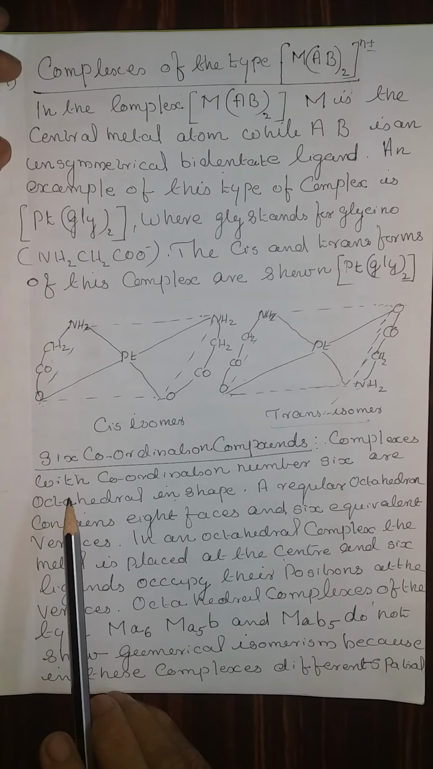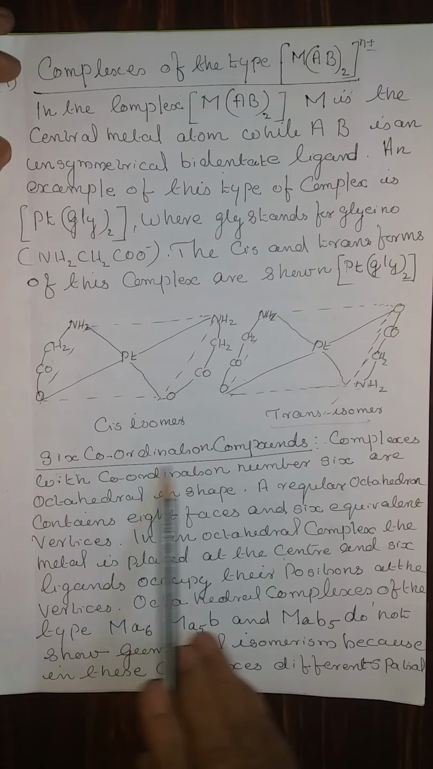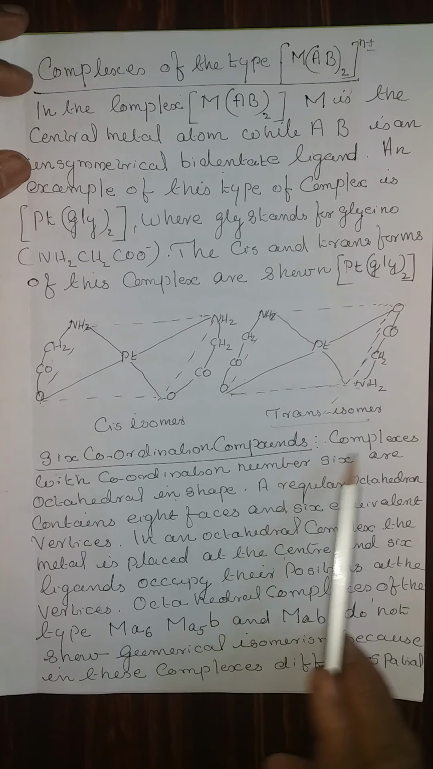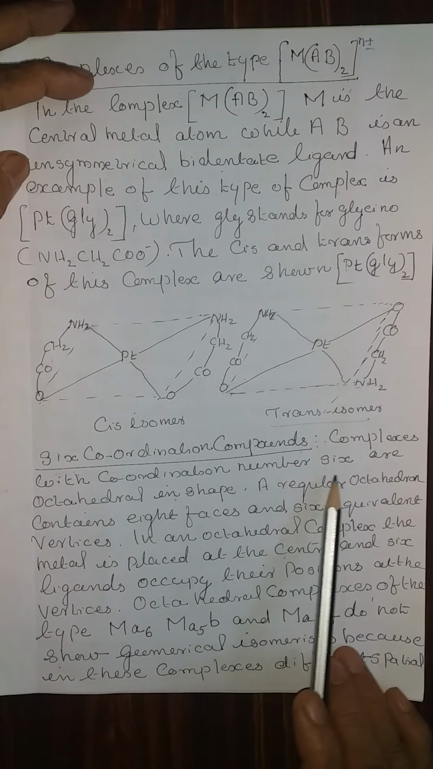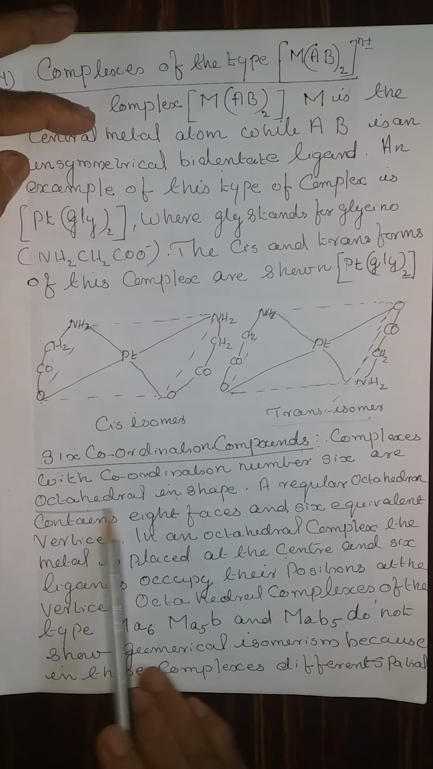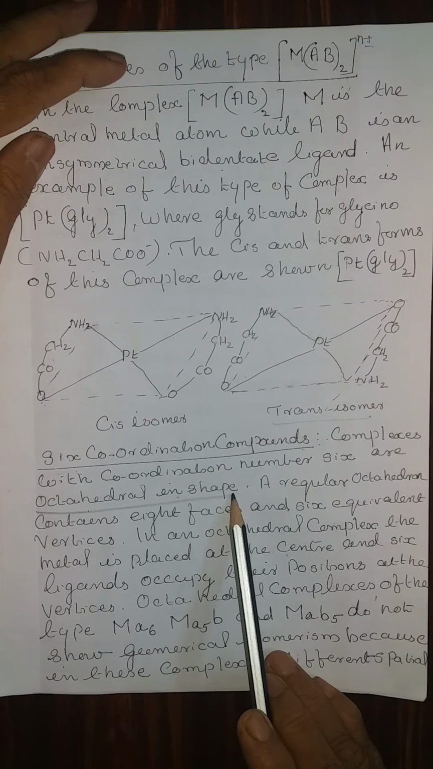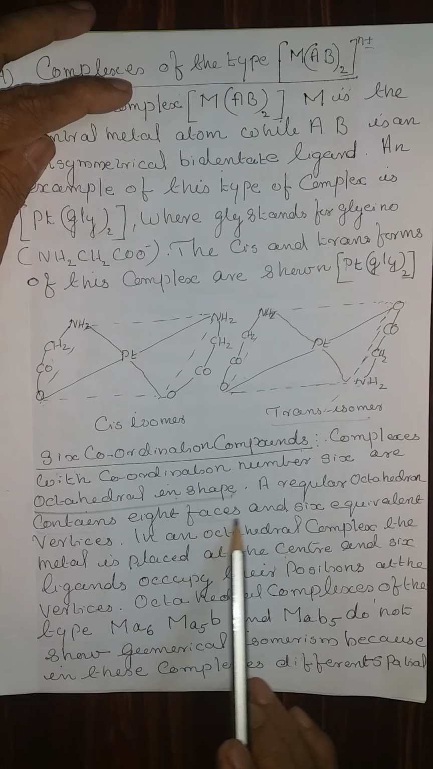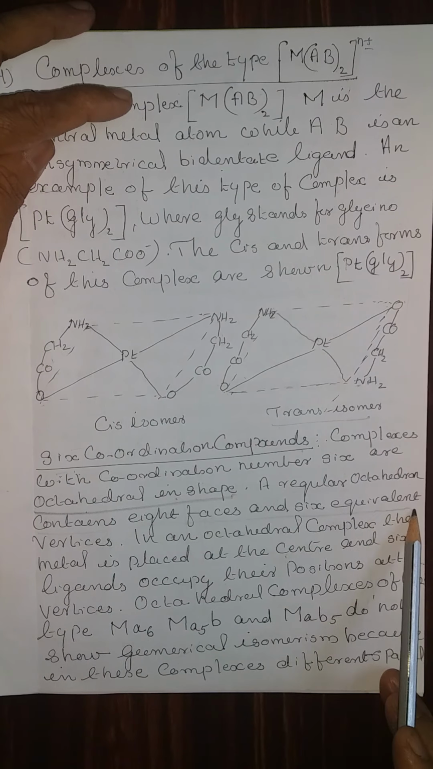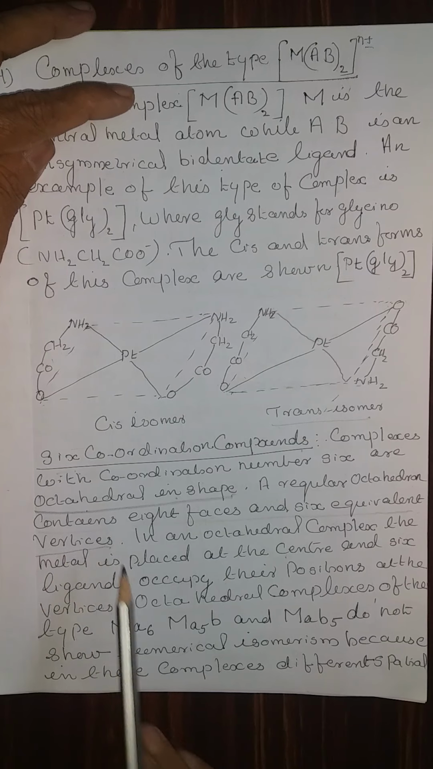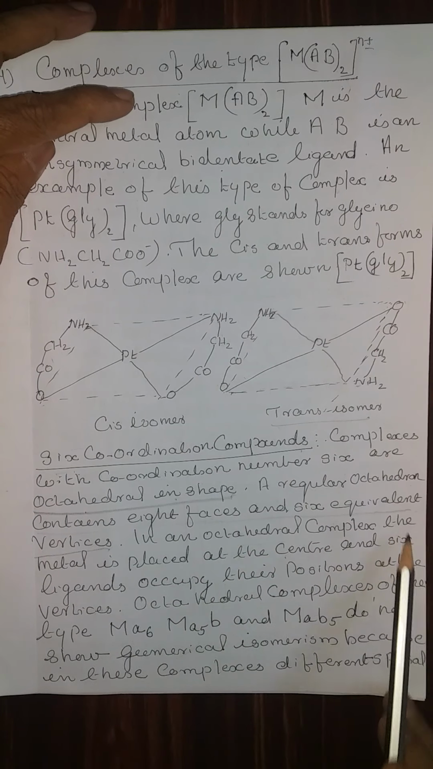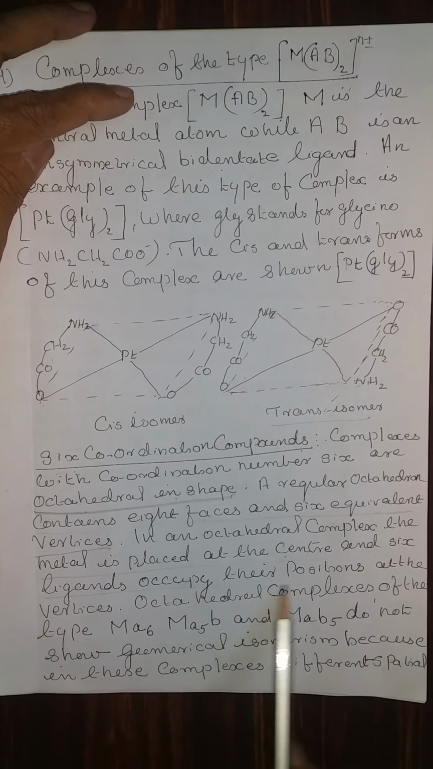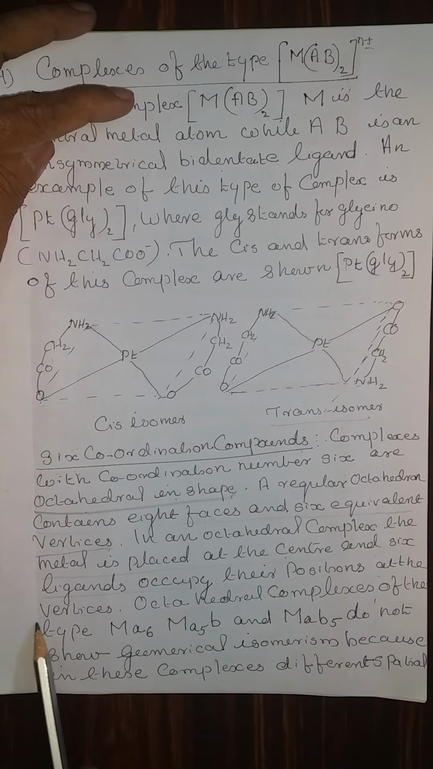Now the next classification, six coordination compounds, that means the coordination number is 6. Complexes with the coordination number 6 are octahedral in shape. Fill in the blank question. A regular octahedron contains 8 faces and 6 equivalent vertices. In an octahedral complex, the metal is placed at the center and the 6 ligands occupy their position at the